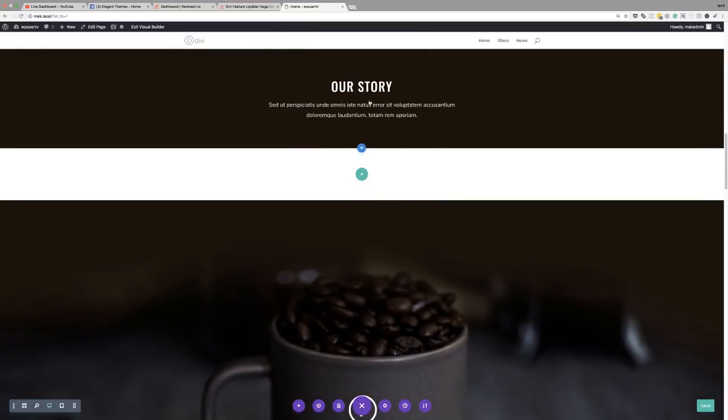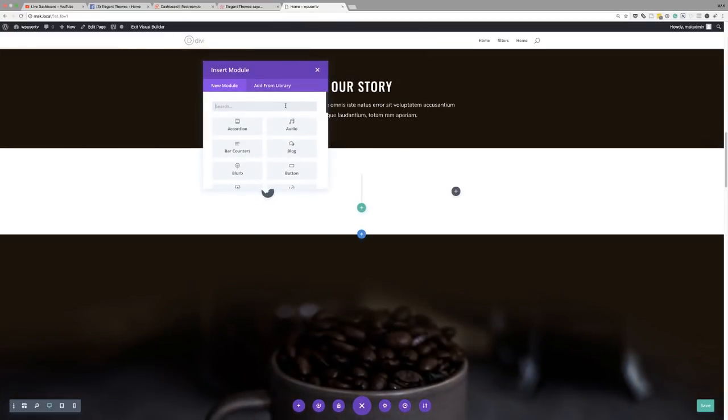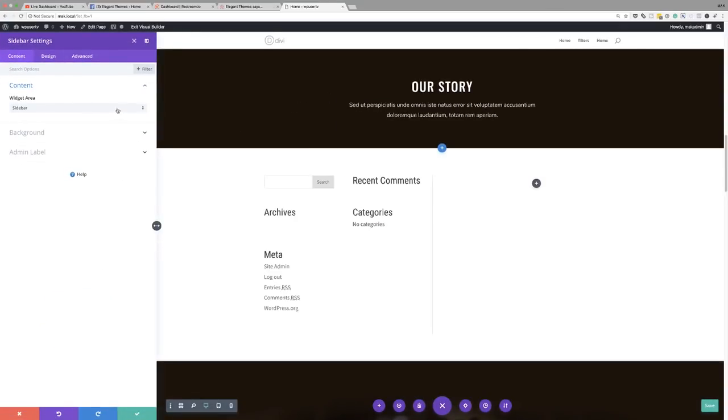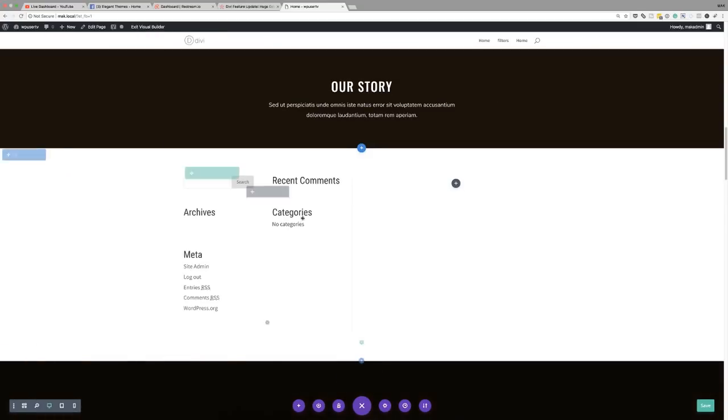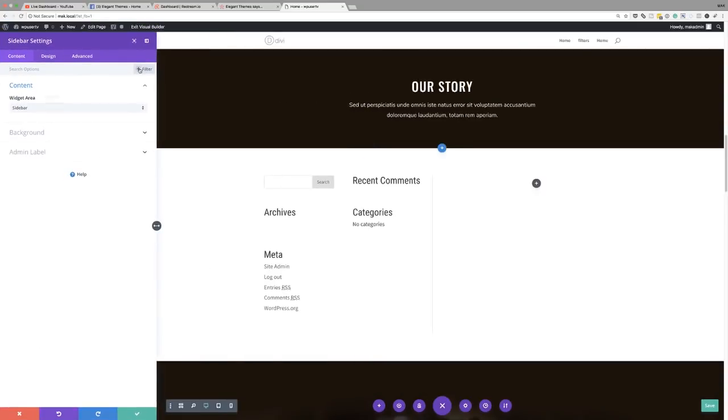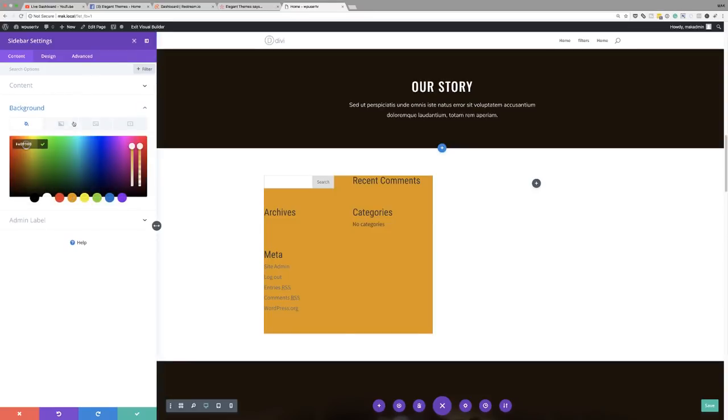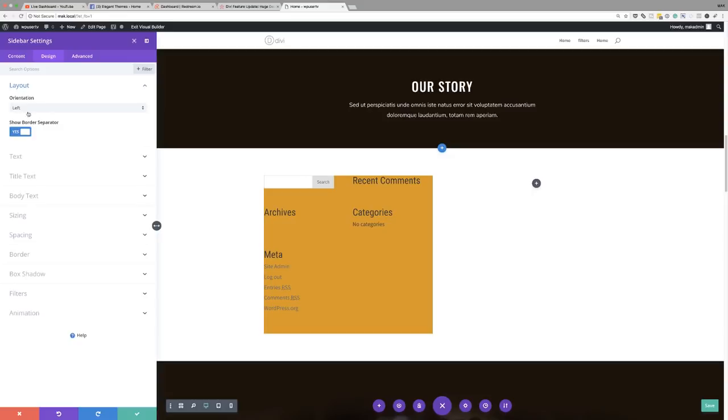Right, so I'm just going to add a sidebar. So I don't have any sidebars. Okay, in fact, that's a sidebar right there. Okay, so if we go in here, you can still make your modification. So you can see here when I click on modified styles, nothing is showing because I haven't modified anything. But if I start going in and start adding the background color, for example, and I start playing around with the layout, so maybe I want this to be to the right,